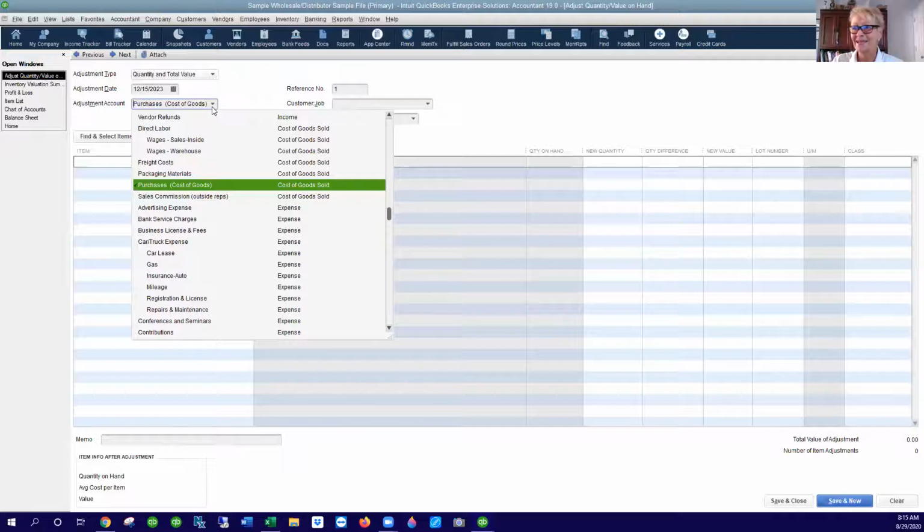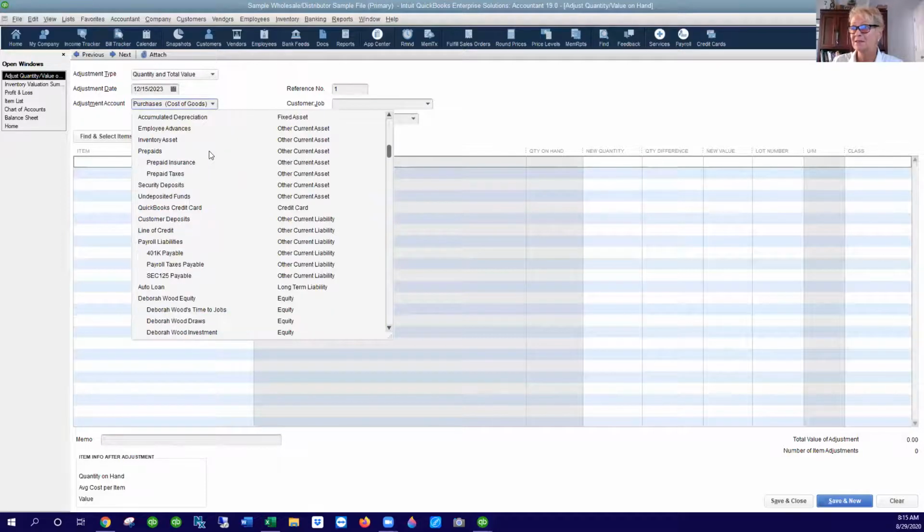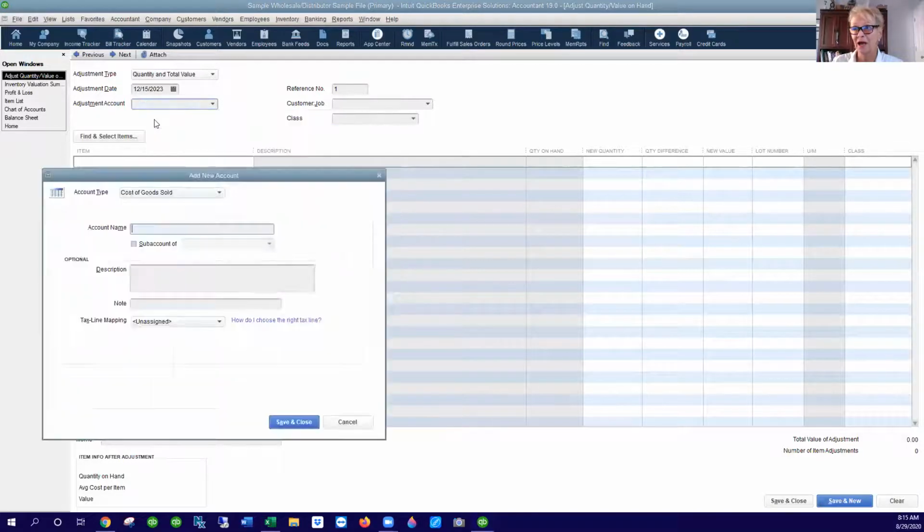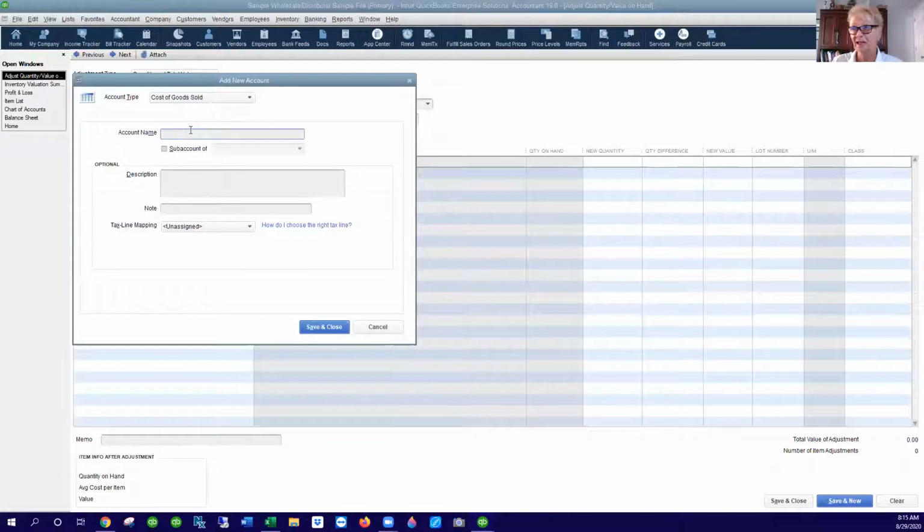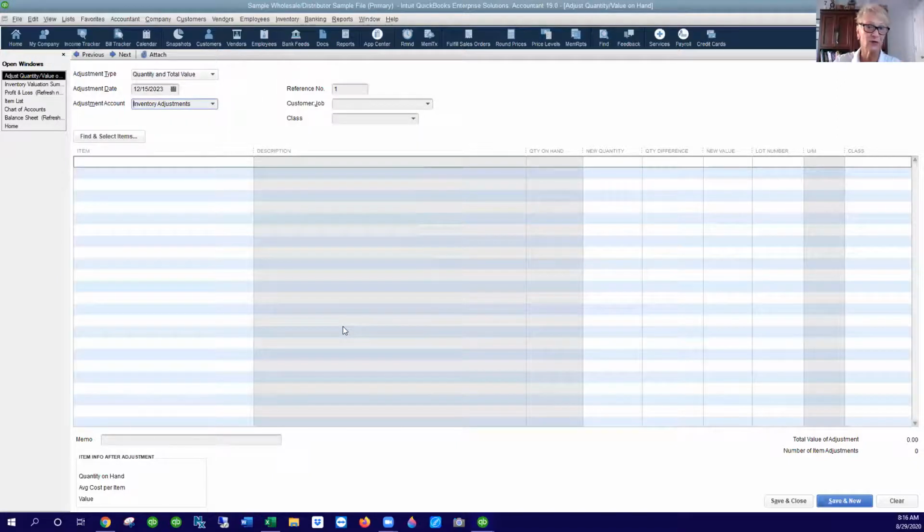I find that I need a separate account, and so you need admin rights to actually create a new account. When we create a new account, we're going to create a cost of goods account, and I like calling it inventory adjustments account. What happens is, when we're creating this inventory adjustments account, all of these offsetting entries, whether you have too much and you're reducing your inventory, or you have too little and you're increasing your inventory, all of the adjustments